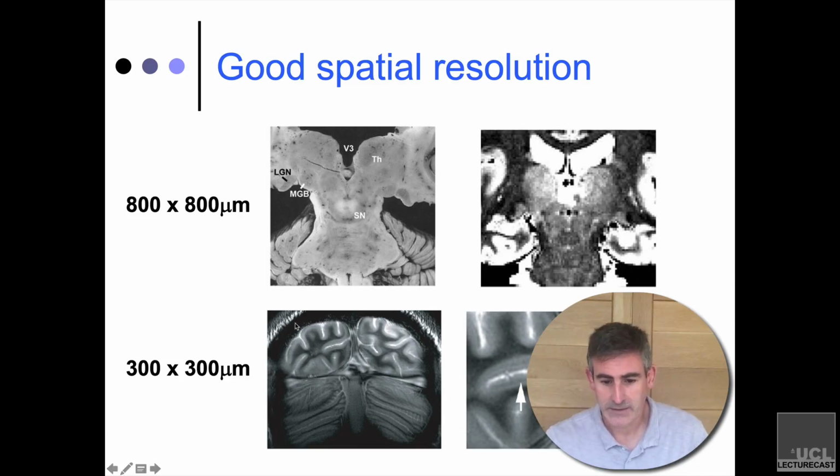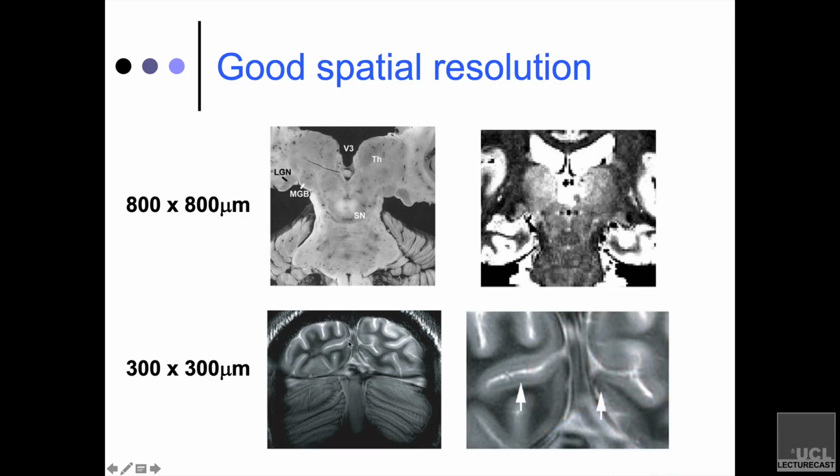This is a really clear example from a study that a group in Oxford did, Holly Bridge. It's really cool. What she's looking at is the occipital pole here. So this is the calcarine sulcus, which is the site of primary visual cortex. But only part of the calcarine is primary, and then it moves into secondary. And you can identify it based on, see that slight black stripe there? That's what's known as the band of Gennari, and it's a type of myelination that's occurring in V1, and only in V1. So at 300 microns by 300 microns, you can actually see that physical attribute of the cell layers,